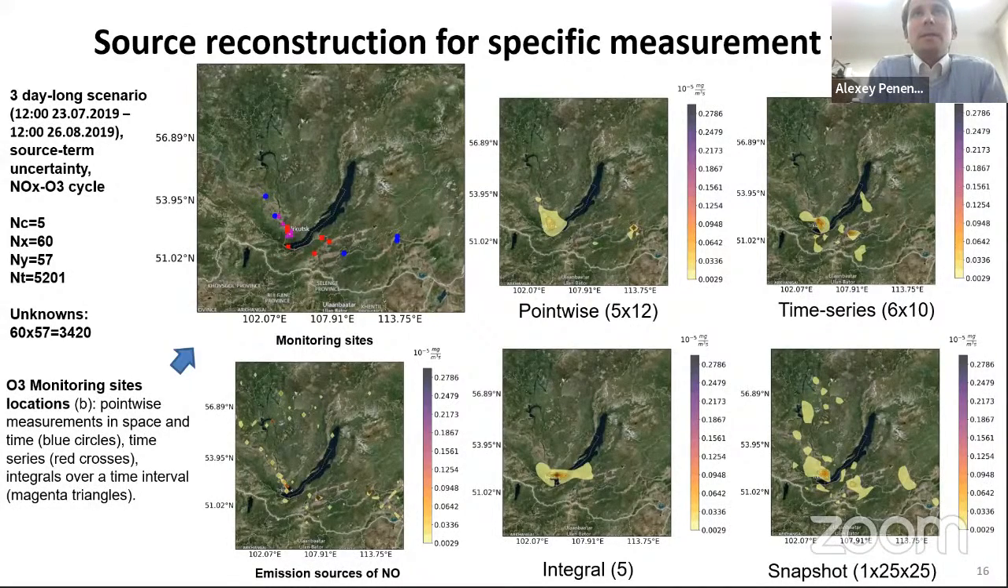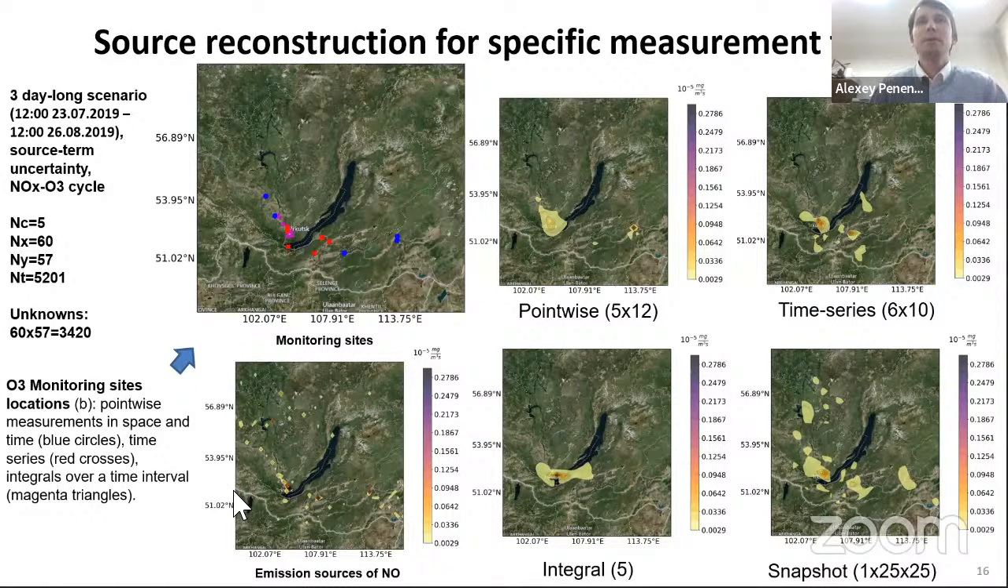And in the scenario, we assume the sources emit NO. We know it's the emission of, for example, traffic and industry, and we measure ozone. So we do indirect measurements here. We have not just a difference between sources and measurements within space, but also a difference in the chemical substance that is used for measurements and for emissions. And we took the monitoring sites from some of the Roshydromet sites acting in the